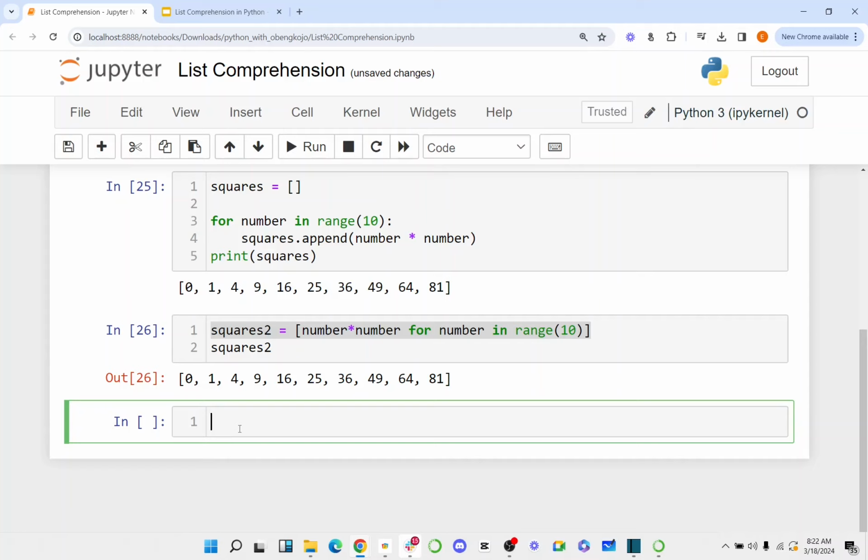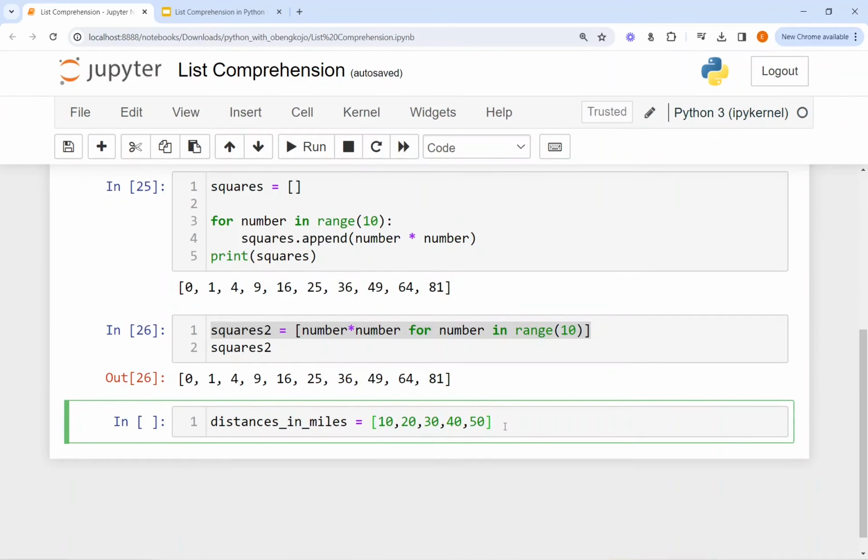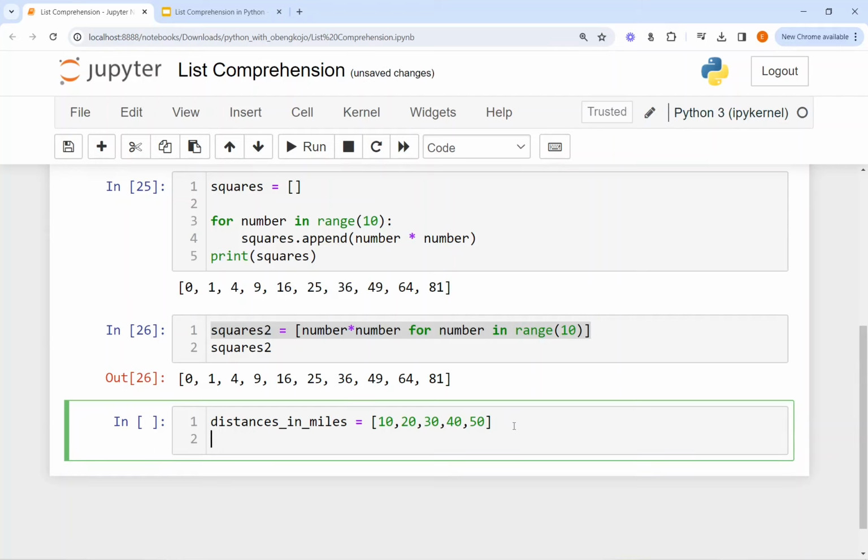So let's say we have a list of distances in miles. And let's just place in some random numbers. Okay, so these are, sorry, we forgot to bring our assignment operator. So, these are some distances that are stored in miles. We would want to convert these distances from miles to kilometers. Conversion rate, one